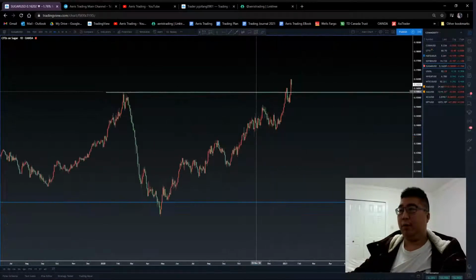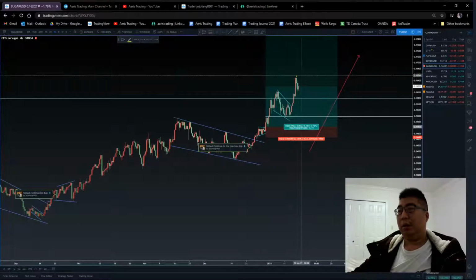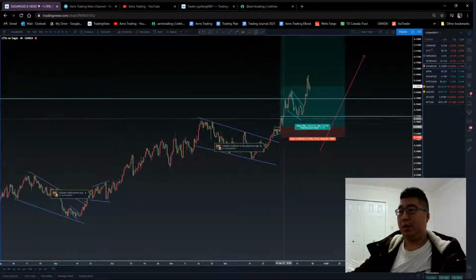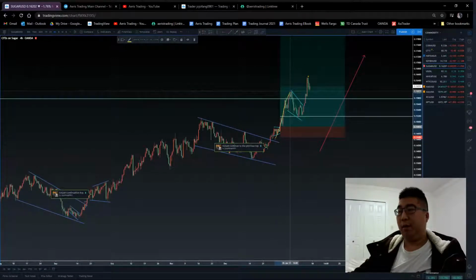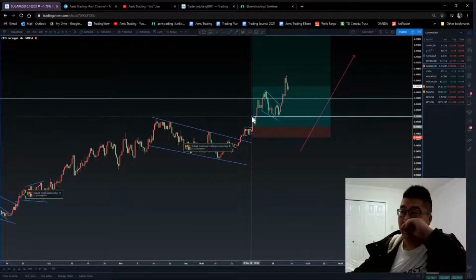Certainly seeing this has lots of potential now, now that we broke this all-time, or not all-time, the previous swing high, which is a good sign that we're likely to continue with the continuation. So I'm happy to hold this trade, and this is the same approach. I'm happy to hold the trade even if we break above that previous swing high. And I mentioned I didn't move my stop loss to 1-to-1 yet because